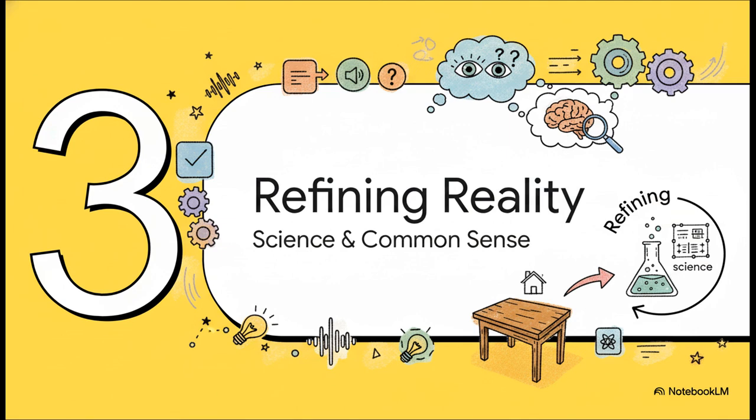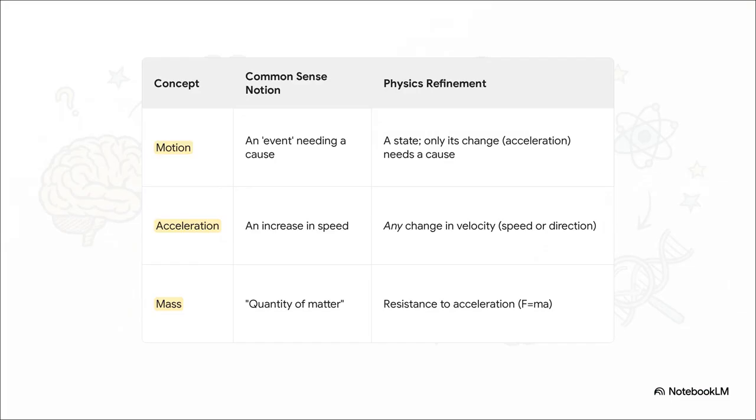If our common sense table is real, and it's not just in our heads, then what about that weird scientific table made of atoms and empty space? Does that mean science is just telling us our senses are liars? No, not at all. This is where we need a bit of a mind shift. The key is to stop thinking of science as replacing common sense and start seeing it as refining it. This is a perfect illustration of what I mean.